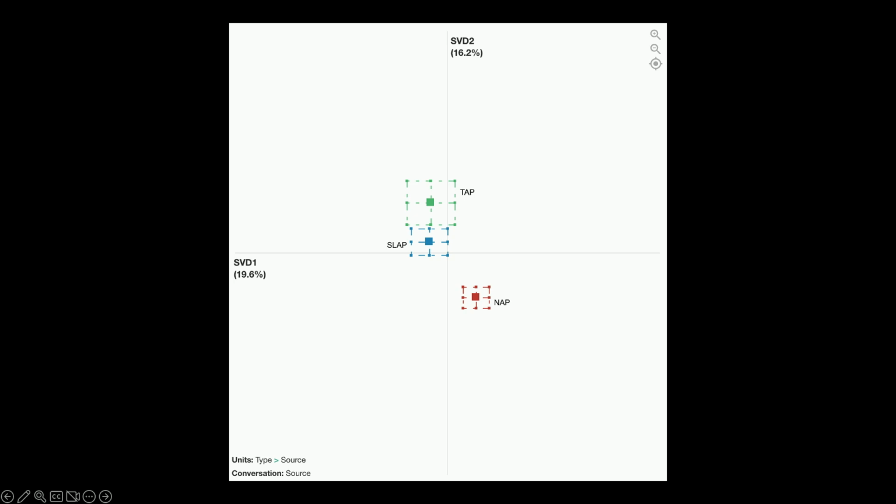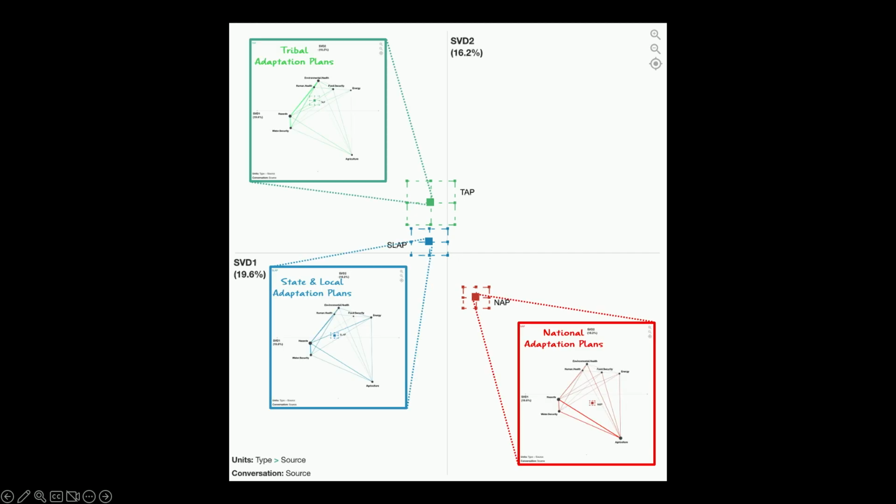So I won't again go into all the details, but we can essentially look at the means of these different groups, compute confidence intervals, and test whether they're significantly different. And each one of those points is essentially representing the weighted structure of its associated network. So those three networks that I just showed you. So this is, again, a very initial first attempt to get a sense of what's happening in adaptation plans globally in these different contexts, and seeing those differences.